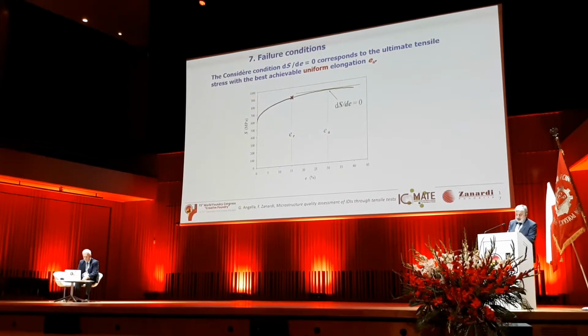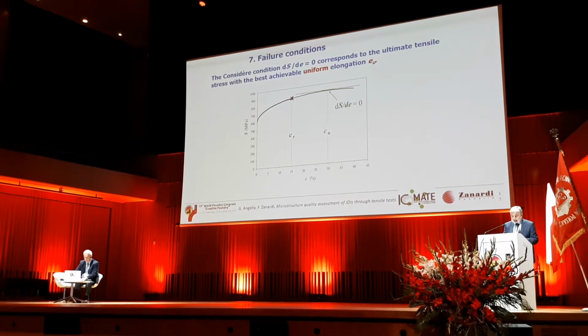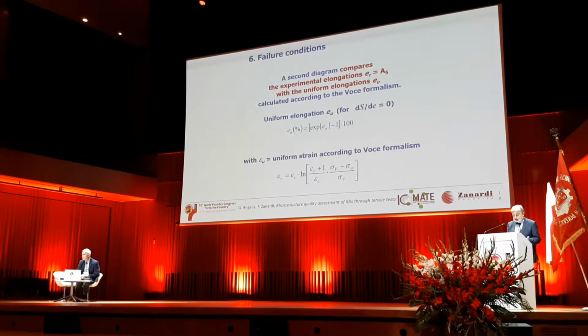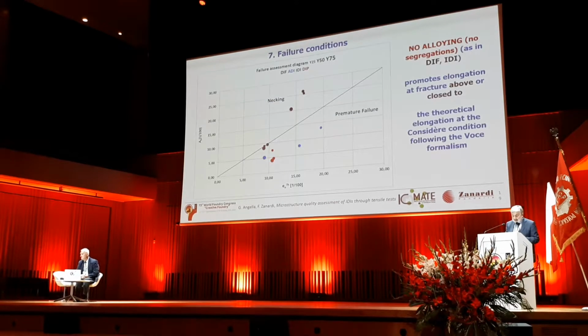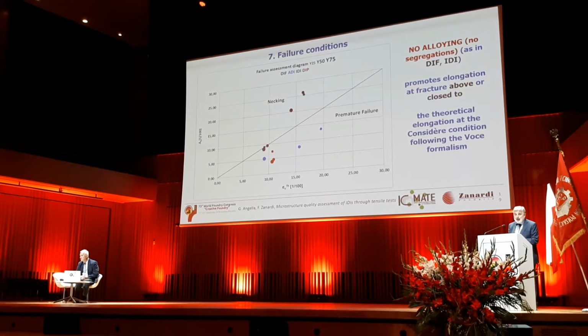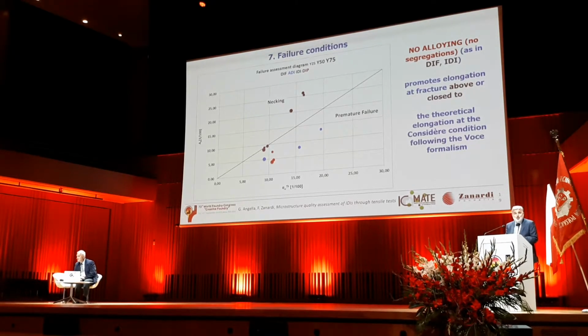Here you see the considered condition. So it can happen that the test probe breaks before the considered condition, and so we need to measure this. These are only formulas; in this diagram you have them translated into engineering numbers. A5 is what we measure in reality in our test, and EUTH is the theoretical uniform elongation that we calculate with the